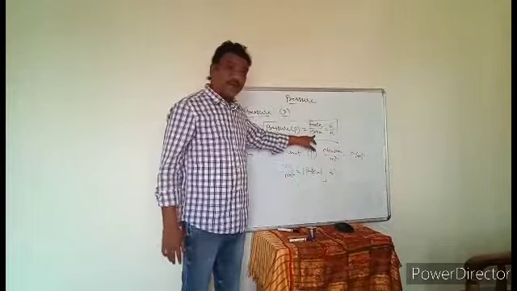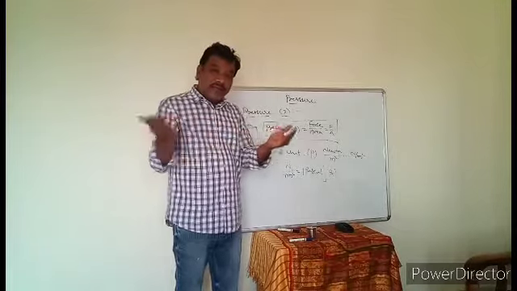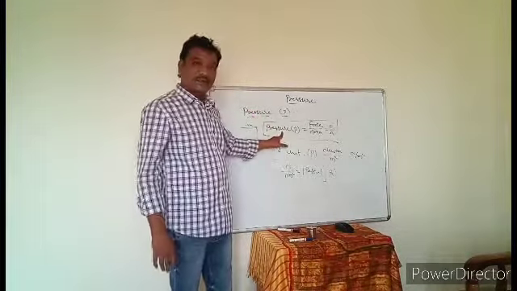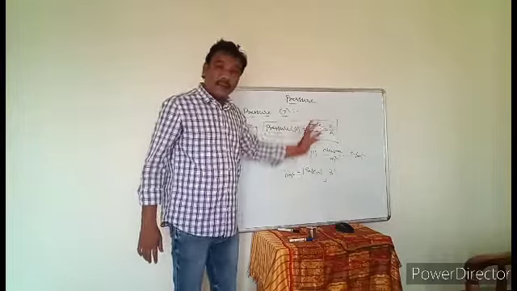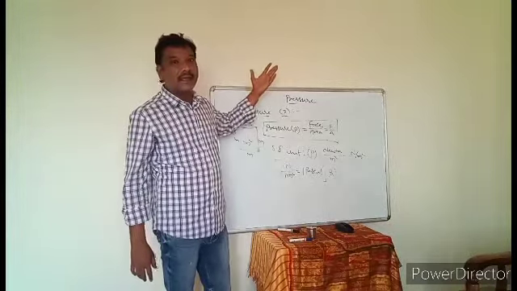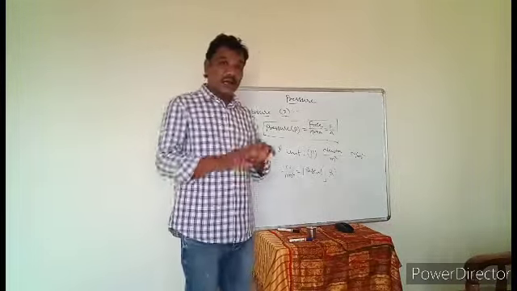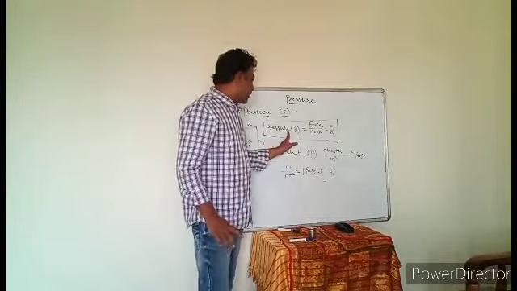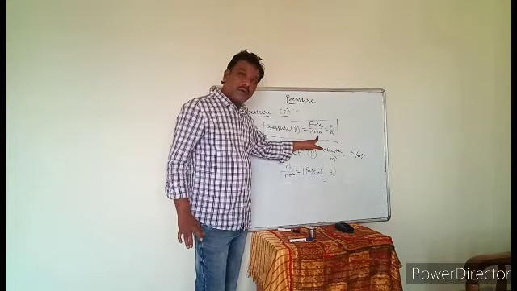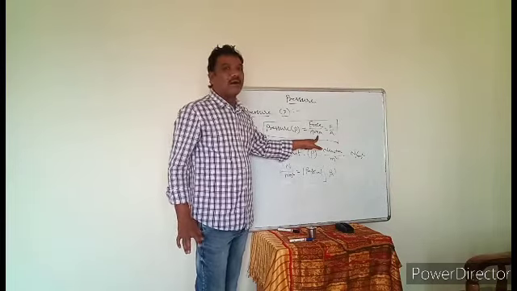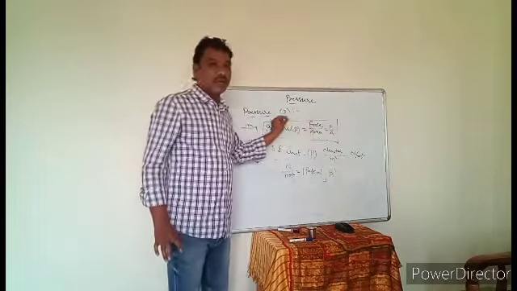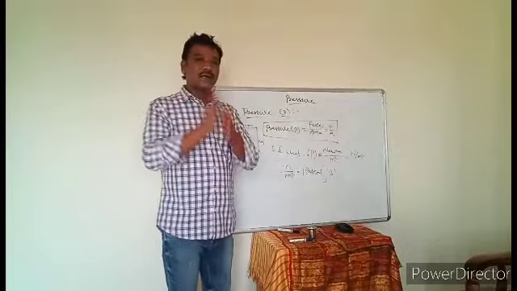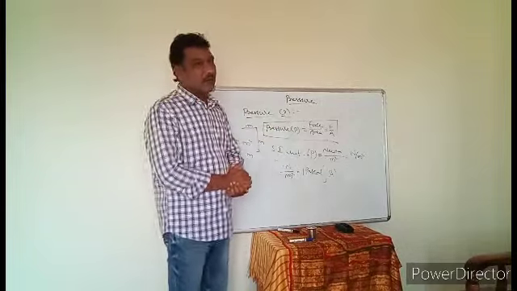Now come to the area. When area increases, the pressure value decreases. When area decreases, the pressure value increases. This is called the inversely proportional relation, meaning P is inversely proportional to the contact area. Okay, so this is the most important point we have to observe and understand in the case of pressure.